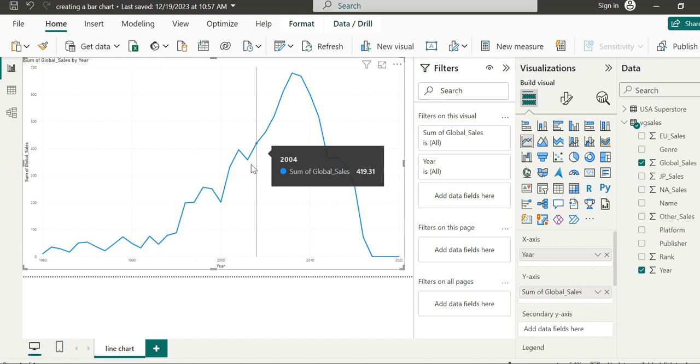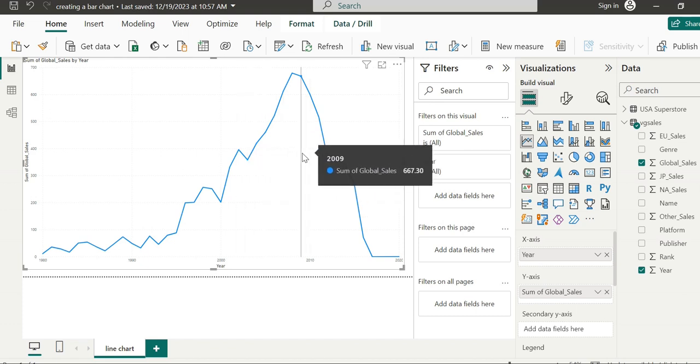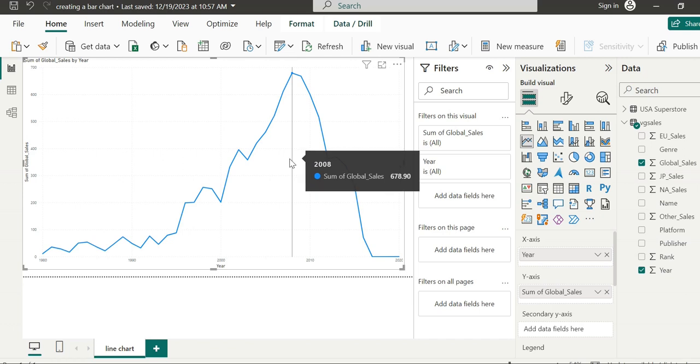If we hover here, you can see that in the particular year 2008, global sales stood at 678.90 million.